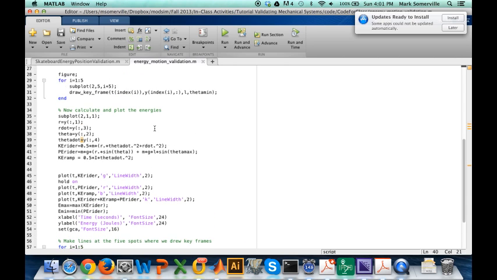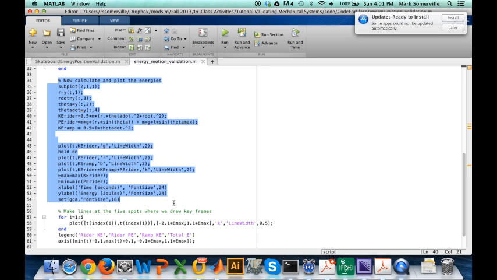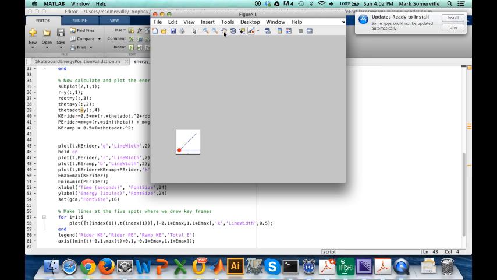So let's look over at that. The part of it I want to mostly focus on is this part right here that has to do with calculating the energies, and then we plot the energies. We're going to calculate the energies, as we said, by figuring out what the kinetic energy of the rider is. Here you can see we've got the 1/2 m, we've got the r dot squared, and so on, the potential energy of the rider, and the kinetic energy of the ramp. And as we noted before, the ramp has a potential energy as well, but it's not changing, so it's not actually going to change the behavior of the system. So let's go ahead and run that and take a look at what happens.